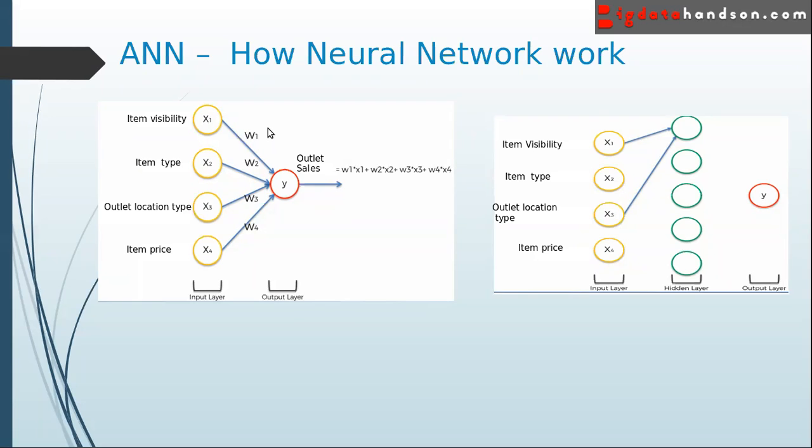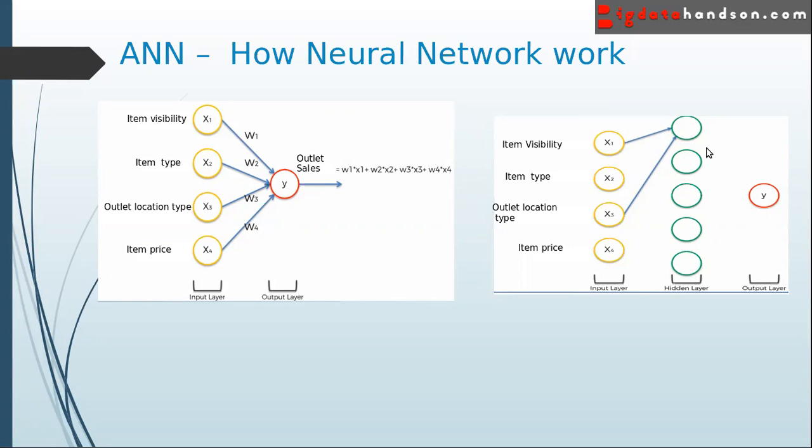If you have a hidden layer in the middle, then you can have item visibility and output location. The results of these neurons can go to the first neuron of the hidden layer or the second neuron of the hidden layer. So it will create combinations of the features. In this neuron we have x1 and x3, or we may have x2 and x4 in the second neuron.